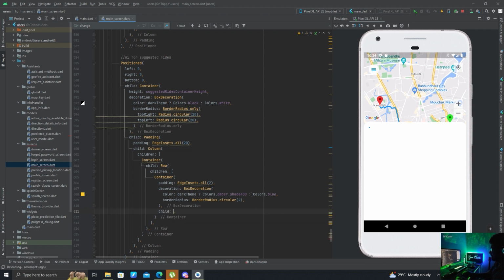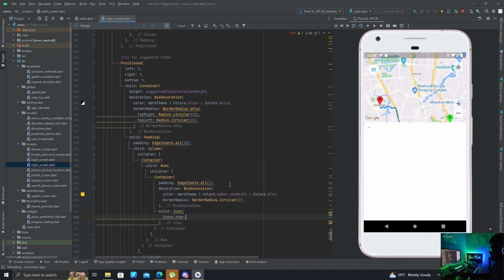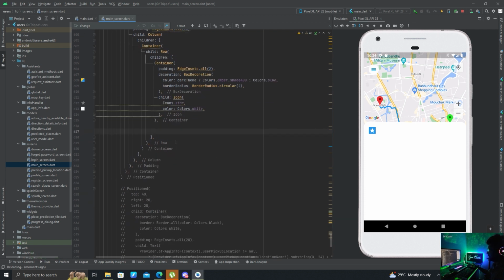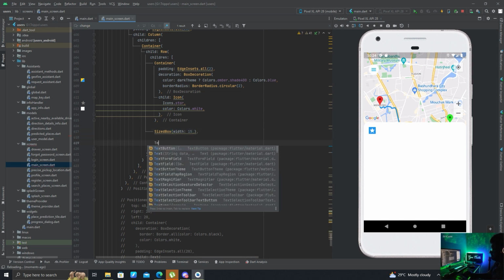And I'm going to add an icon, not icon button, icons dot star, and colors dot white. And after this, I'm going to add a size box of width 15, and then text